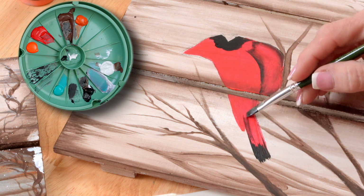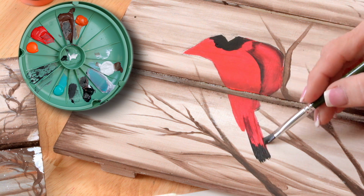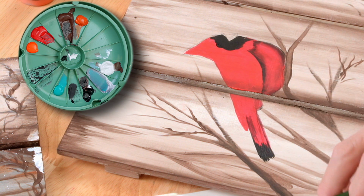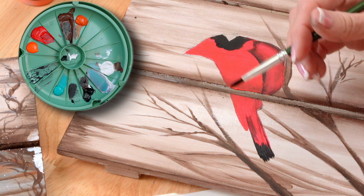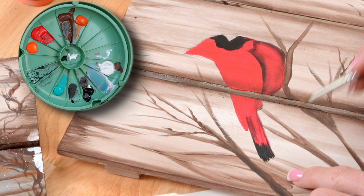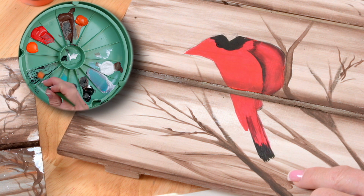We just want a really light coat here. And then I'm going to do the strokes all of the wing here. And then I'm going to come back and highlight. I can go ahead and highlight this tail and the wings after I put the wings on, okay? So